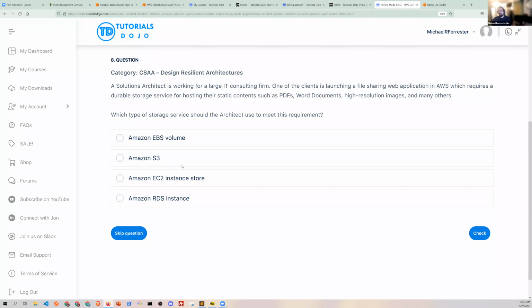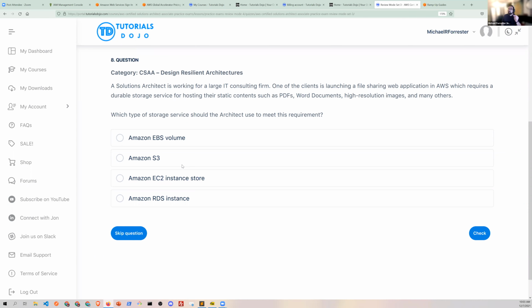Here's the trigger word. If you ever see anything in the question about looking for a service to host static content, even without looking at the answers, the minute you see that in the question, you should think S3, because that is literally one of the use cases Amazon constantly has proffered: instead of getting your compute resources, your web servers, to host static assets like client-side JavaScript files, images and videos, just shove that off to S3, and then you can run smaller web servers because they're not feeding out static content.